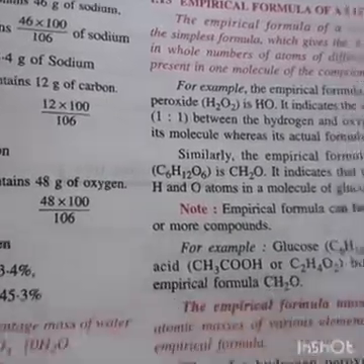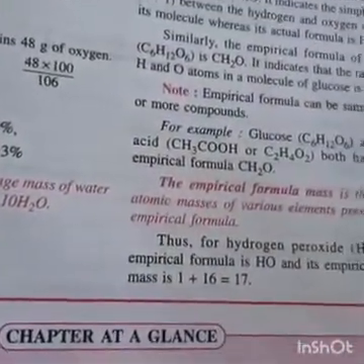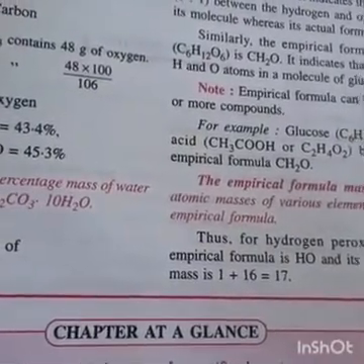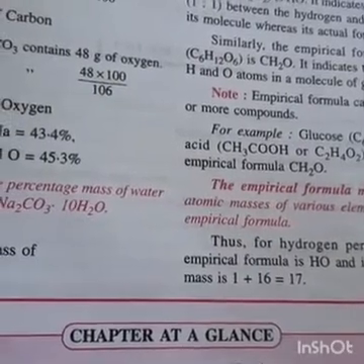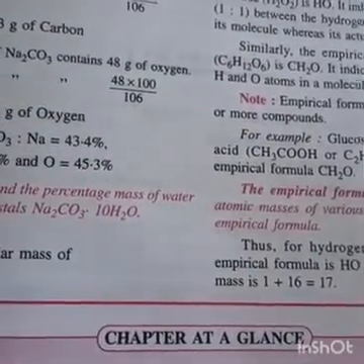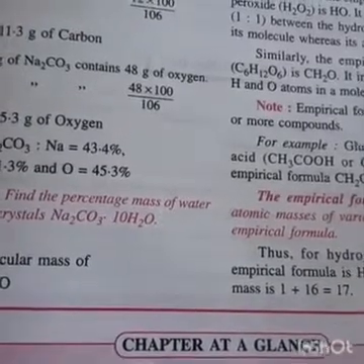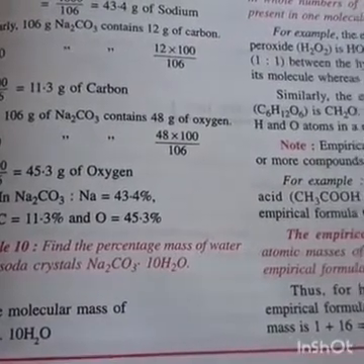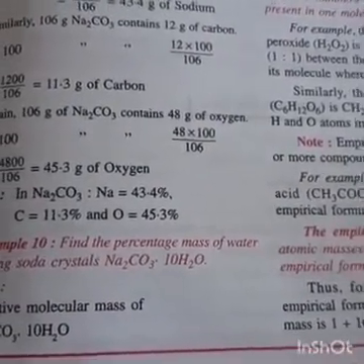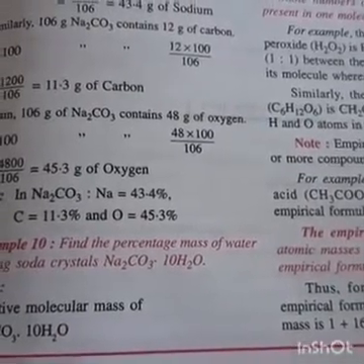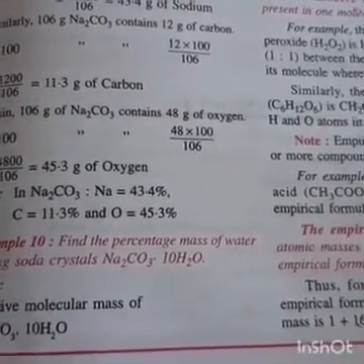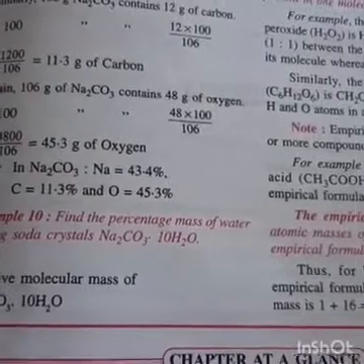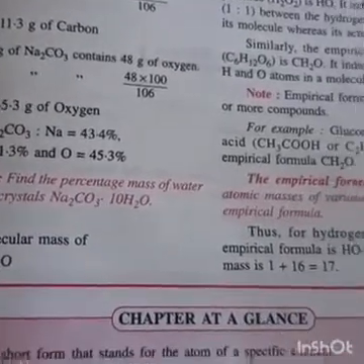If I take the example of glucose, as given here, glucose is C6H12O6. What do I find common in them? All are multiples of 6. So if I divide all of them by 6, I will get C1H2O1. Is it clear or not? So what I get is CH2O. This is the simplest ratio: for one carbon there are 2 hydrogen and 1 oxygen. The simplest ratio of all the atoms present in the molecule is known as the empirical formula.